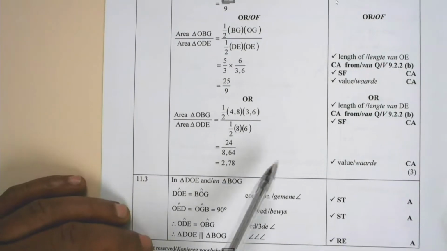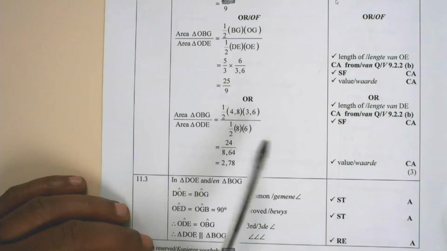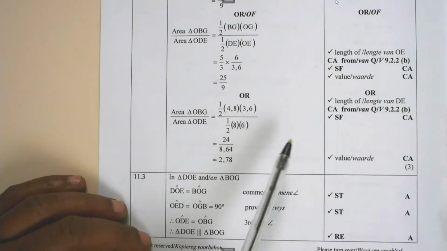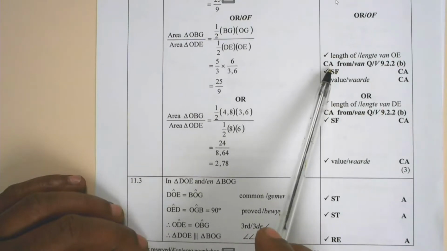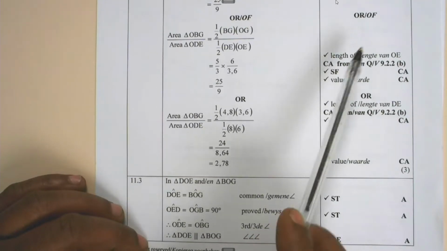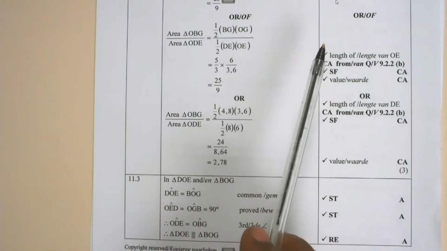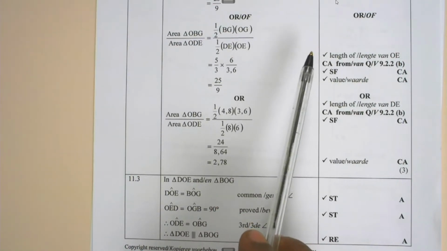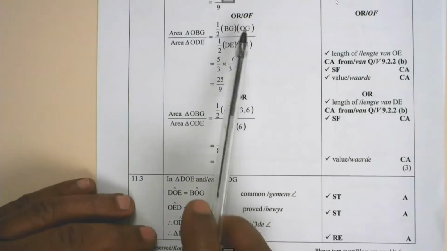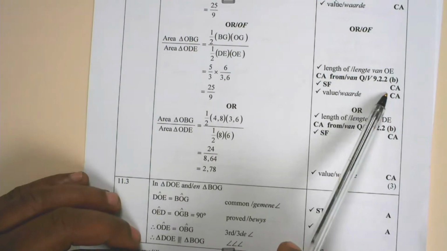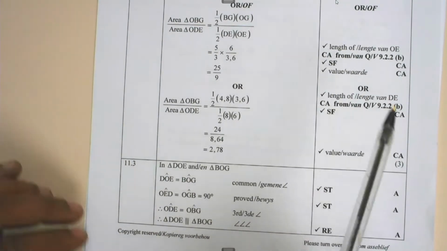And then there are alternatives given, colleagues. Please, let's follow the guideline as we mark. And you can realize that this is CA from 9.2.2b. It means the answer that learners obtain in 9.2.2b will have an influence here. Hence, the mark allocation will be CA. I'm sure we are aware of that, colleagues. And then